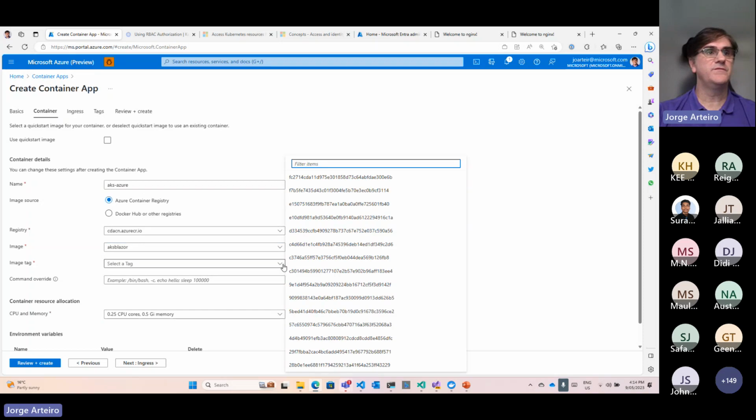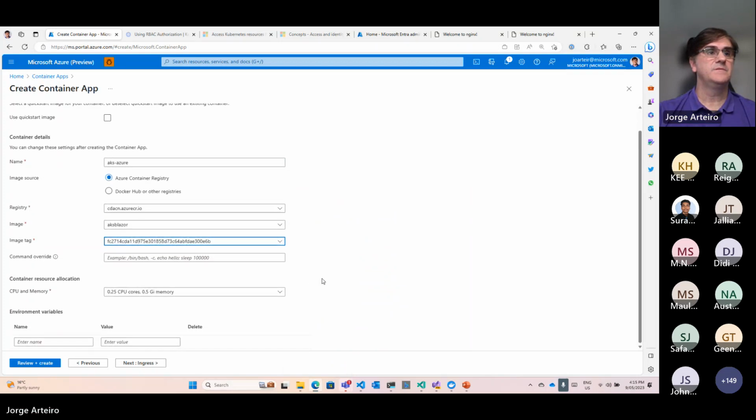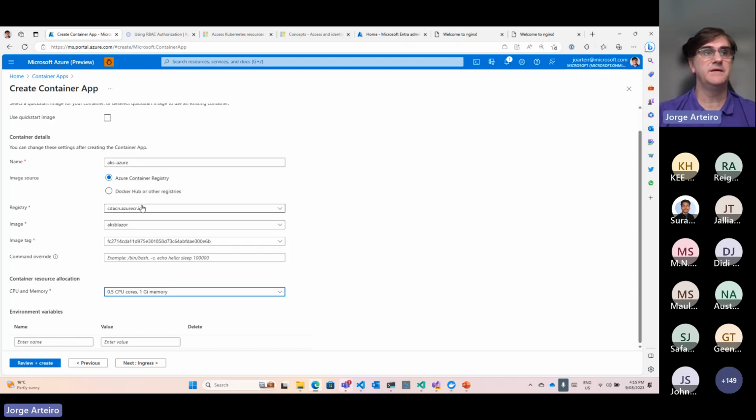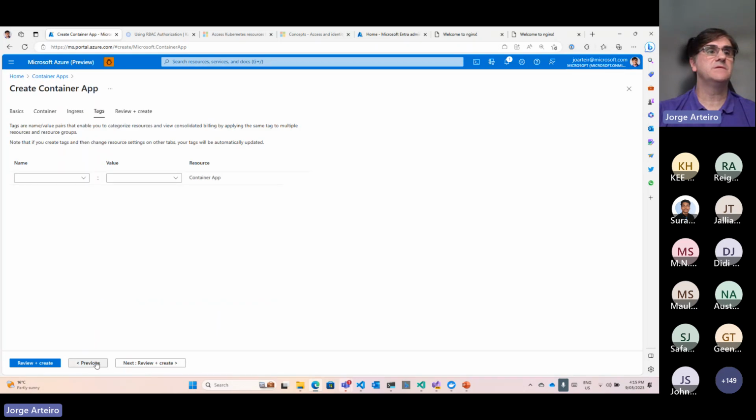And then I can set how much memory and CPU I need for mine. I can say half a CPU and 1 gig of memory. Let's see if this one works. I don't need ingress.